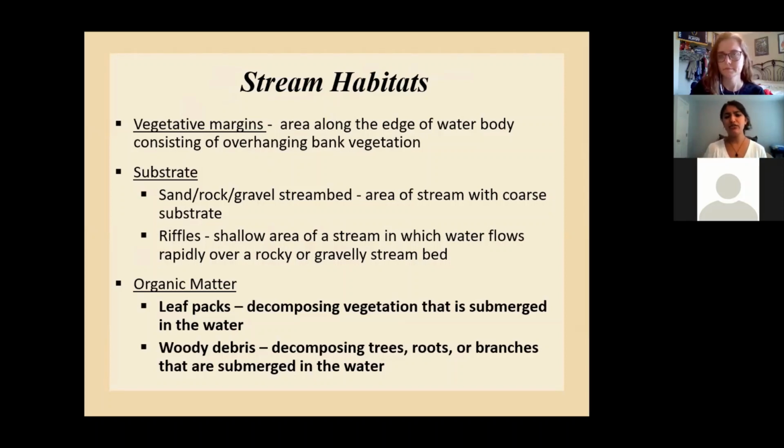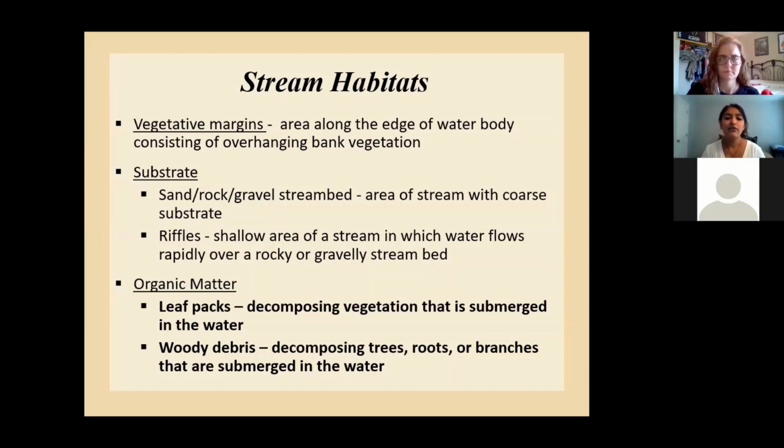If we're looking at a stream, we have different habitats that can be found within this one stream. Vegetative margins are usually the areas along the edge of the stream. This has a lot of overhanging vegetation, dropping off a lot of leaf litter down into the stream and introducing that into the system.